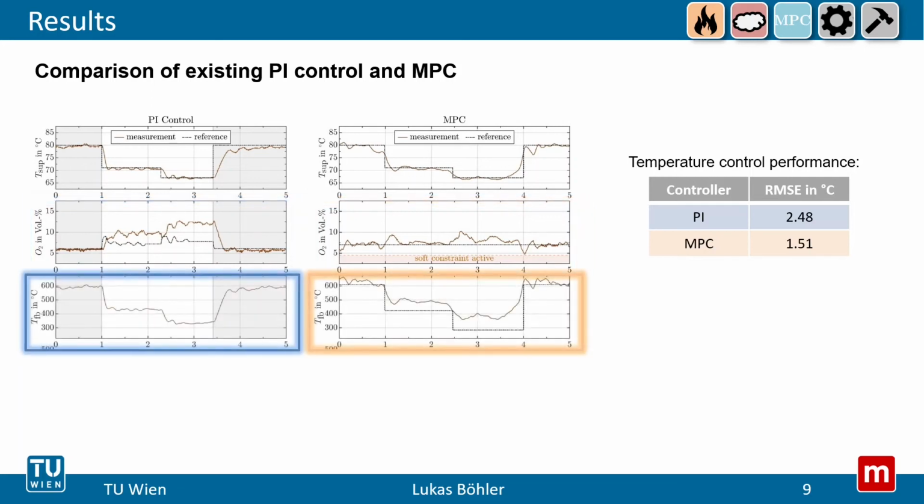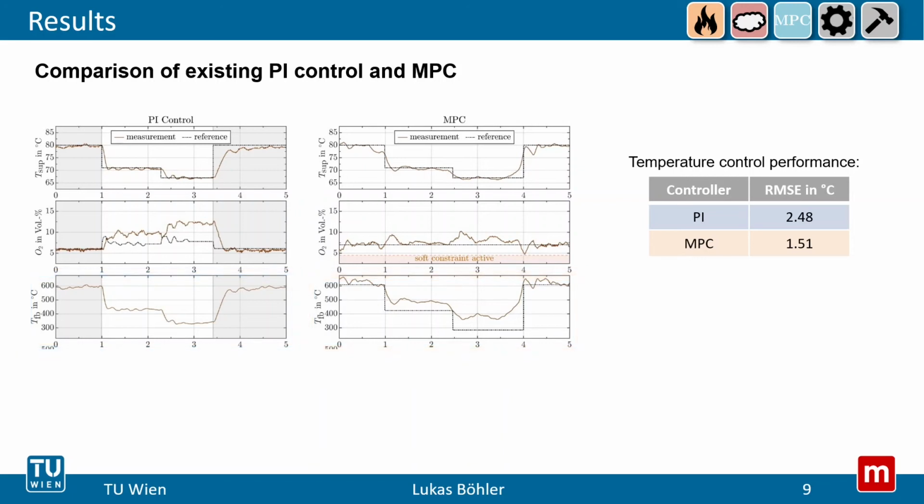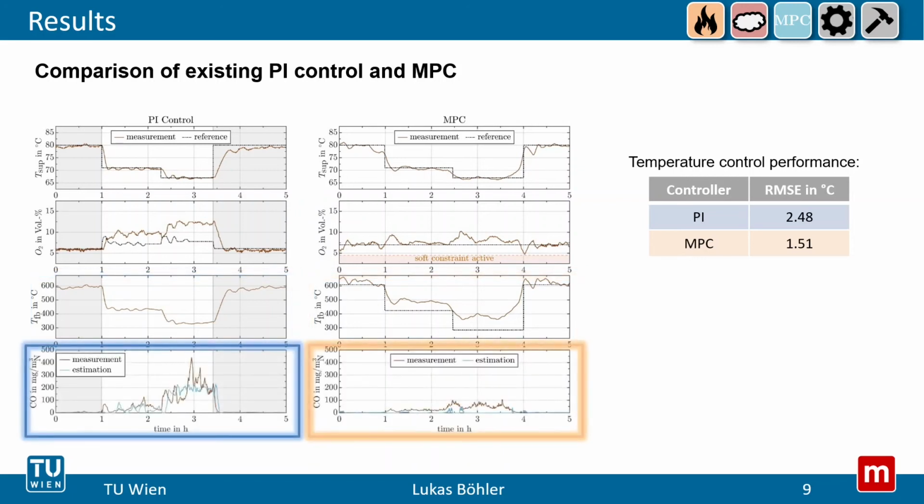Another control variable of the plant was the combustion temperature, which had no reference initially, but was assigned a reference as it is required for the MPC, because the nitrogen oxide emissions are limited based on the furnace combustion temperature level. In the last figure here, we can see the initial carbon monoxide concentration on the left side that